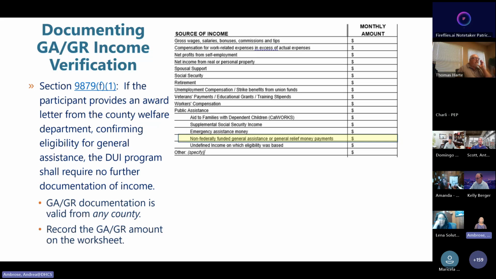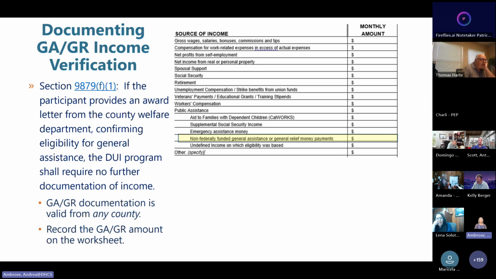Section 9879 F1 tells us that if a participant provides an award letter that confirms their eligibility for GA or GR, that you as the providers cannot require any other documentation of income. This applies even if you suspect that they have other income.